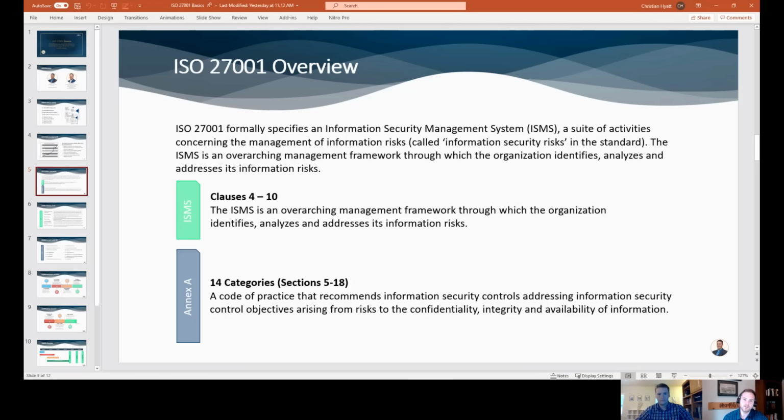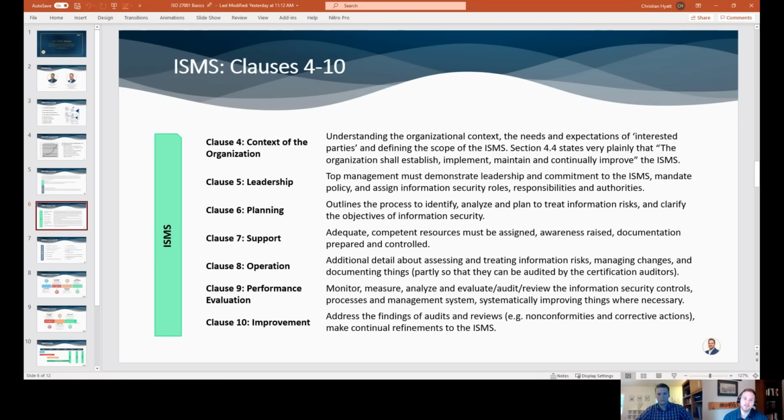And we'll dive into each of these sections a little more here. So speaking specifically to clauses 4 through 10, I think this is where it merits spending a little bit of time. And like you said, Saul, this really is the core of how you're going to structure your program. One helpful piece of information is that any ISO framework, whether you're talking about a quality audit or any other, always has this concept of the management system. What is the system of management that you're going to use to manage the program in question? In this case, it's the ISMS, the Information Security Management System.